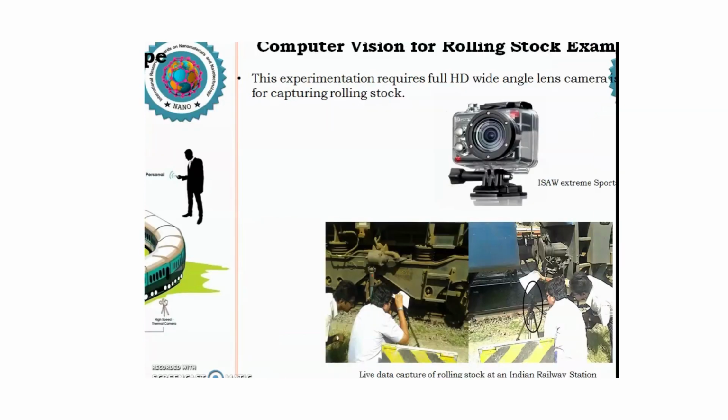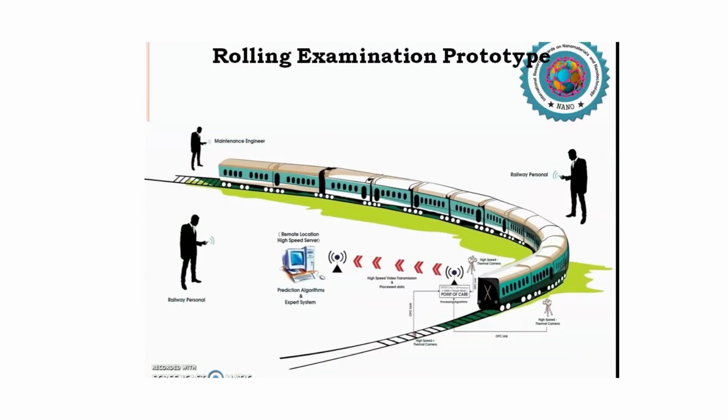Once these images are captured, they can be processed. You can see a prototype being shown, where high speed cameras are installed on either side of the train to capture the images. After capturing, the parts of the bogie can be segmented from the images and individually identified, and then we can say whether each part is defective or not